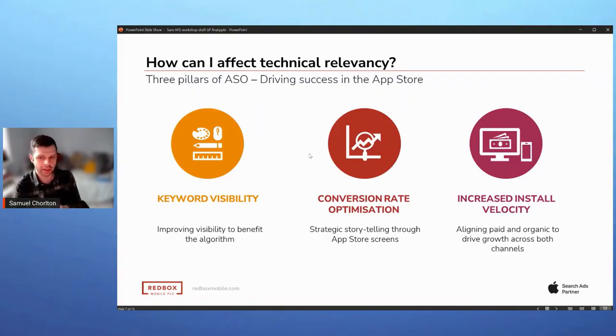Apple do provide some mechanisms to support with that, but a big part of it is making sure screenshots are good. They are engaging for users, and that's a really important part to get right. And then it's all about increased install velocity. What we mean by that is the more traffic that is going towards it, the more information that Apple is able to learn about how your app performs, and therefore it's able to make a more clear and accurate decision on how it decides to promote your app and your adverts.